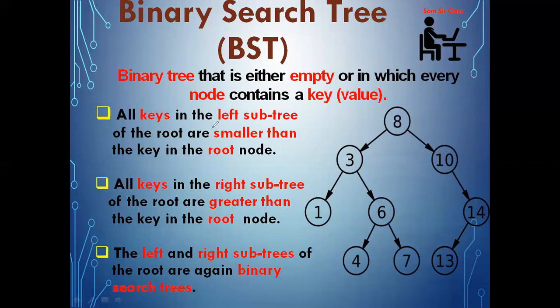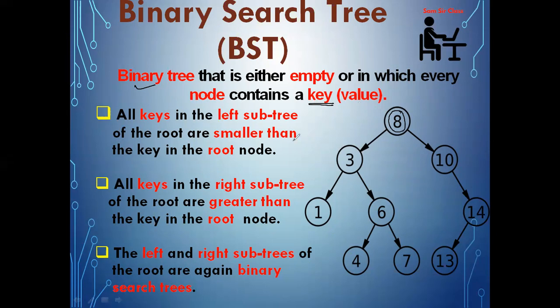Binary search tree is a practical implementation of the nonlinear data structure tree. Here we have specified some rules. First of all, the BST should be a binary tree, which means it will follow all the rules of a binary tree: every node will have a maximum of two children, either 0, 1 or 2. The tree will either be empty, or every node will contain a value, which we consider as the key value.